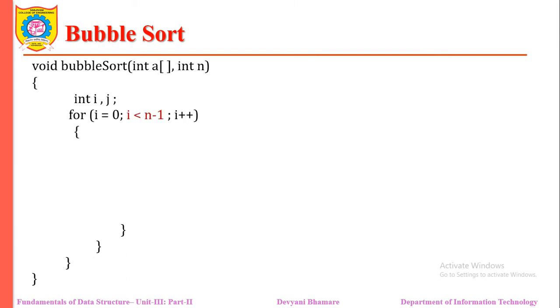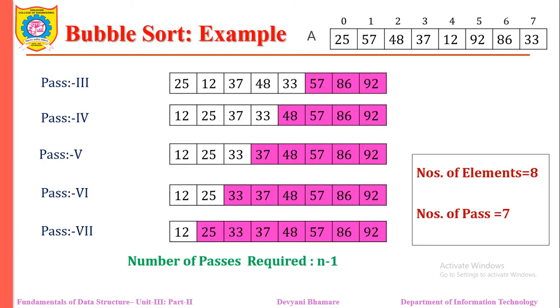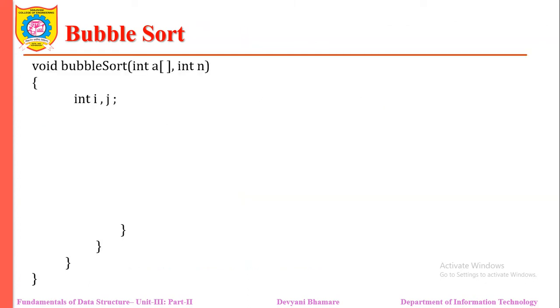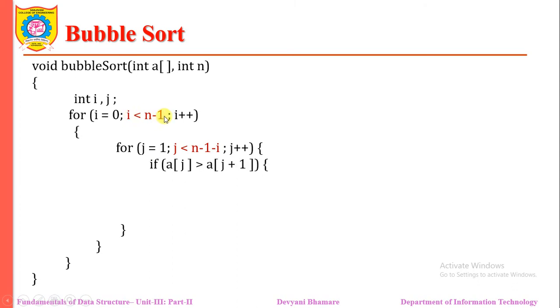If you have observed, here we started with a total of n minus 1 passes, means if there are n elements, the passes are n minus 1. That's why we are starting with the first for loop, which indicates that there are a total of n minus 1 passes. And j is keeping the trace for comparing adjacent elements. When i is 0, the last element gets its proper place. That's why we are not comparing the last element every time, right?